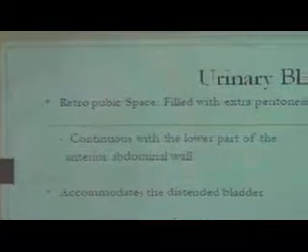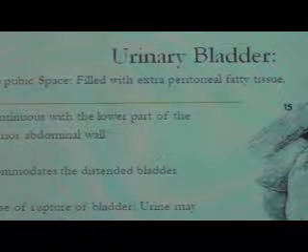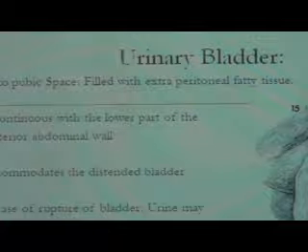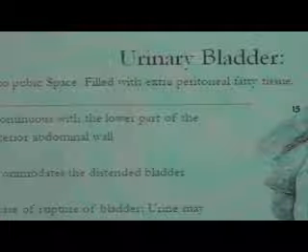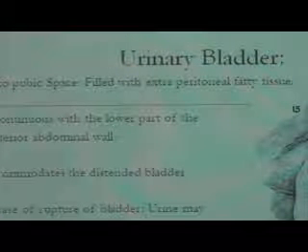So, in our body, just below the pubis and anteroinferior to the urinary bladder, there is a space called the retropubic space that contains extraperitoneal fatty tissue. The significance of this retropubic space is that it is continuous with the lower part of the anterior abdominal wall. This space accommodates the urinary bladder if it distends. Another significance is that in case of rupture of the urinary bladder, the urine may escape upward into the lower part of the anterior abdominal wall.